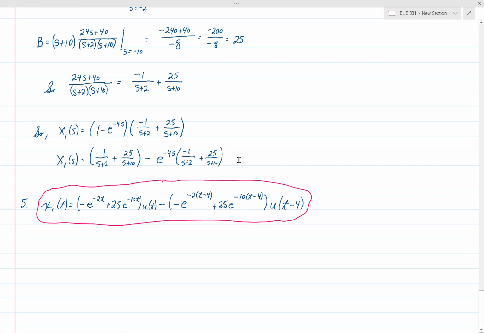But for the second term, it's going to be the same thing, but because of this e to the minus 4s, and now keep in mind, we'll bring down the negative sign, we'll shift every term involving t to make it t minus 4. So this expression here looks just like that, but with t replaced by t minus 4, and likewise the u of t becomes u of t minus 4. And so you see that in the end, it wasn't difficult at all for us to handle that